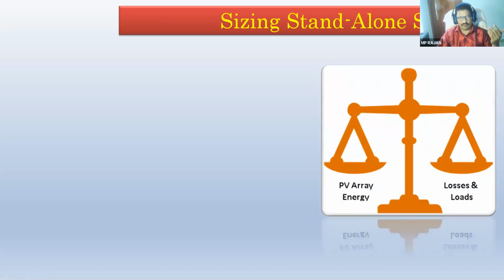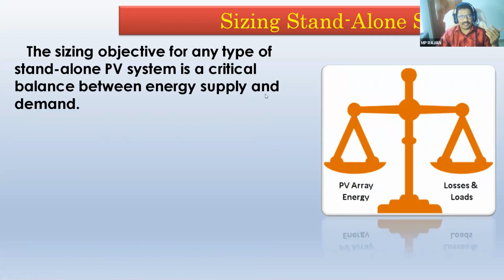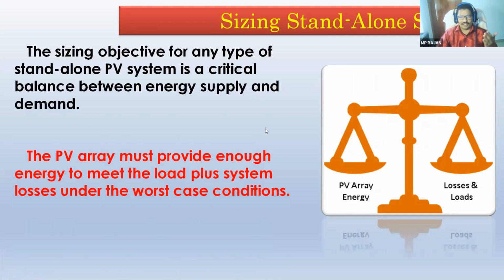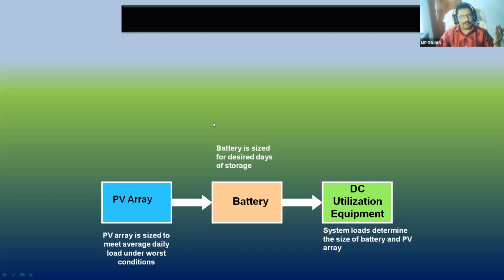Okay, so today we'll be going for the approximate sizing of the standalone PV system, that means for a small power system. Sizing is just a balancing. One side is the load, and one side is the supply. Supply and demand. So just balancing of supply and demand is called sizing. What is your demand? How much should be the supply? That balancing is called sizing.